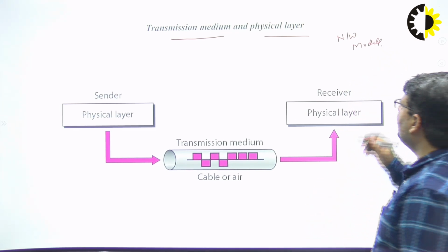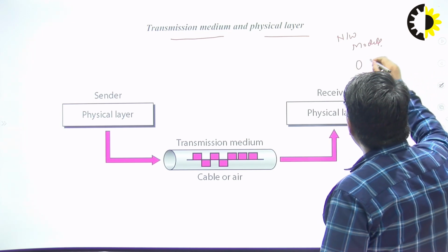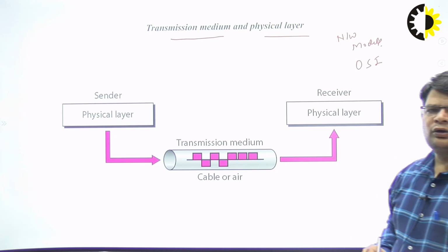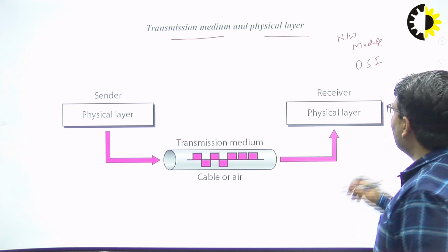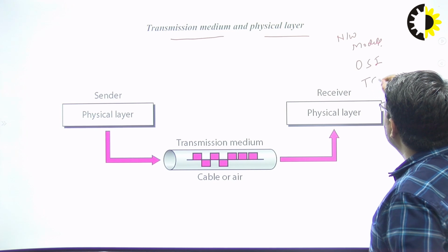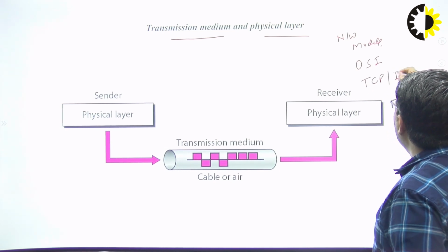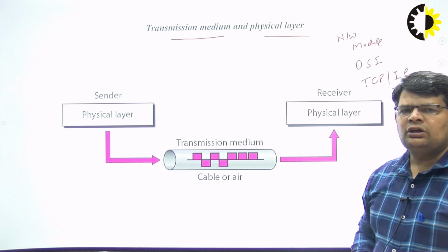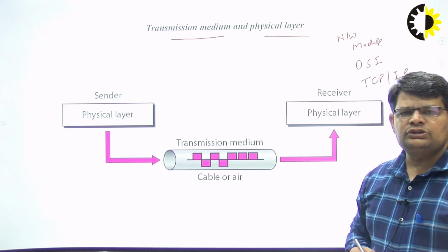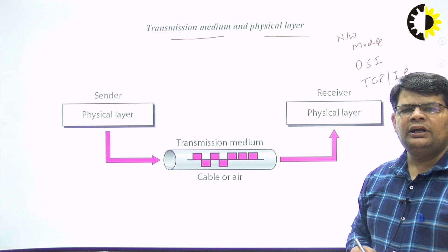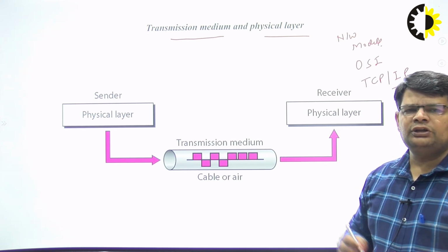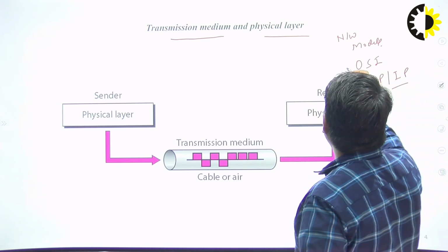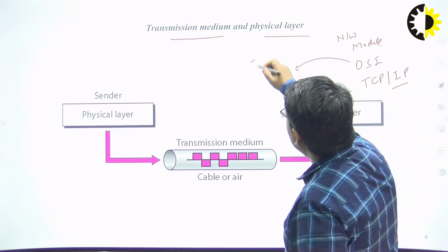Popular examples of network models are the OSI model, that is the Open System Interconnection model, and the second popular model is the TCP/IP model. In these networking models, we use a layered architecture with different types of layers. For example, in the OSI model, we have 7 layers,